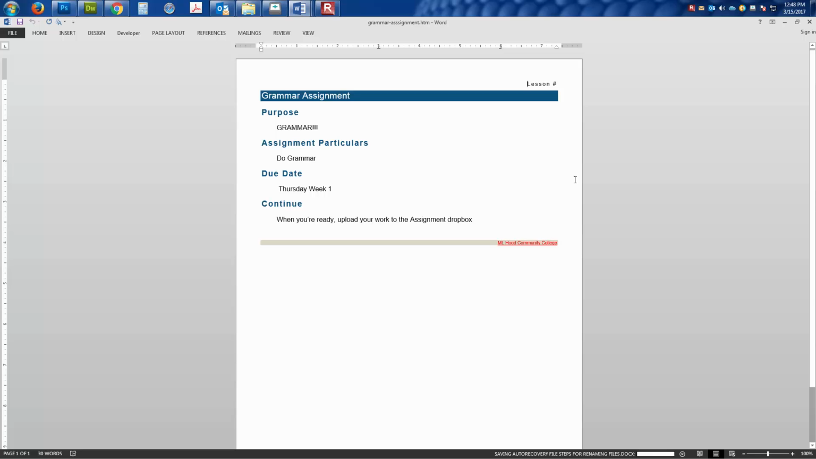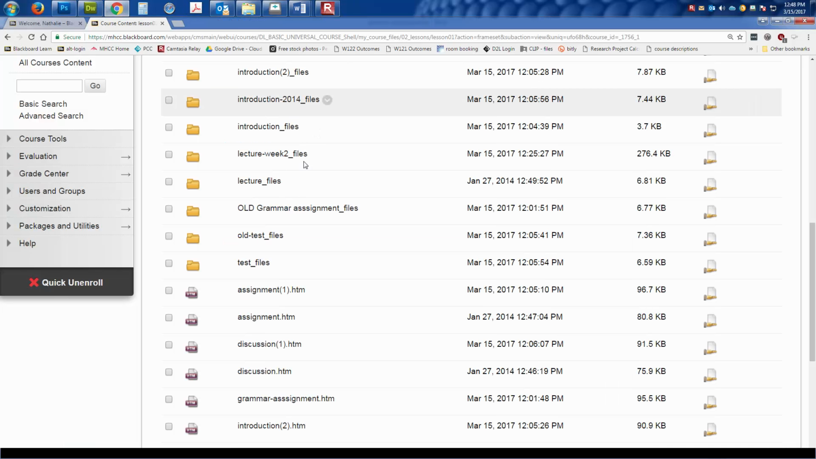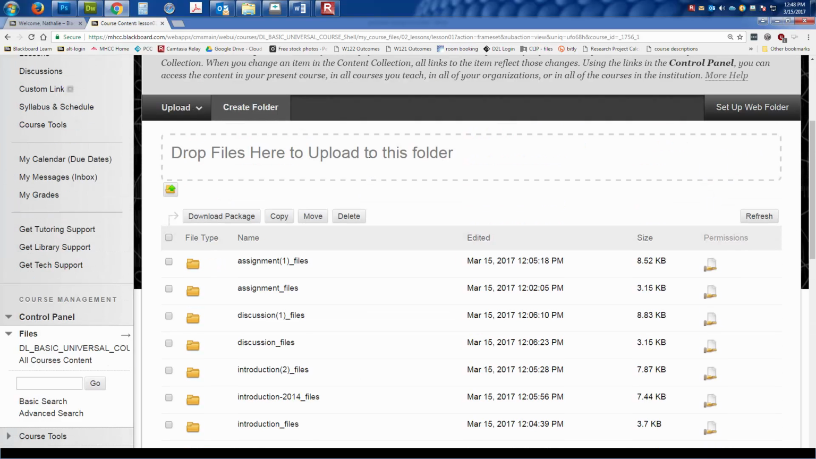Now the way that we can reconnect this changed file to the folder is simply to make a change in here and save it. So I'm taking out one of the 3 exclamation marks and I am hitting save, and it's working. Takes a moment. And there it goes. Blackboard Drive is talking to the server, and if we go back in here and we refresh this page, we will see